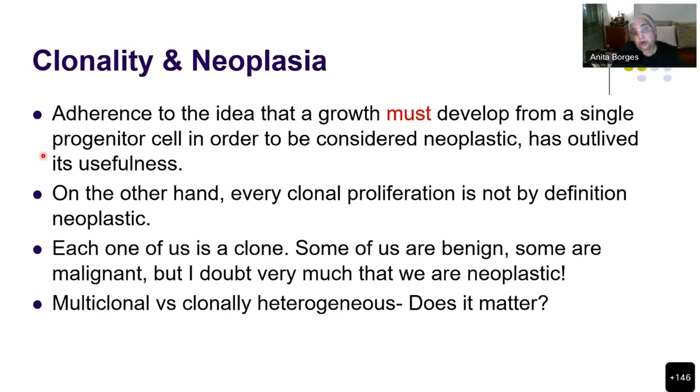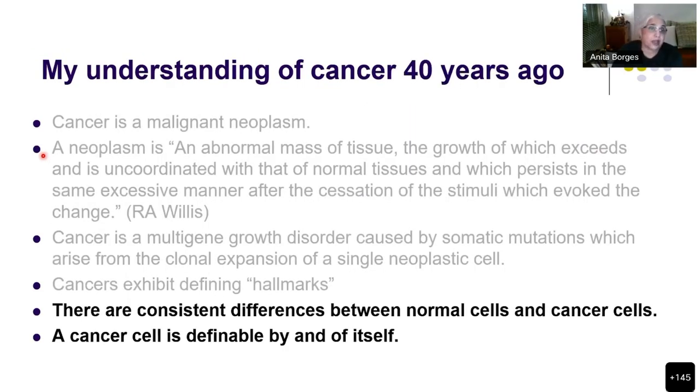Well, we don't know, but I don't think it matters. As long as we know that there is the possibility that a tumor is not just made up of one clone that will react or respond in the same way in every cell in that particular clone. All right, so now that I've dealt with that,